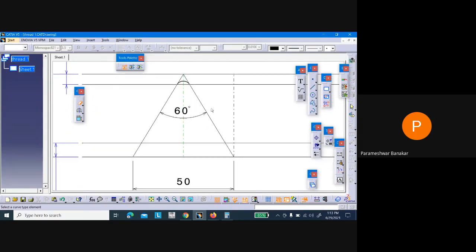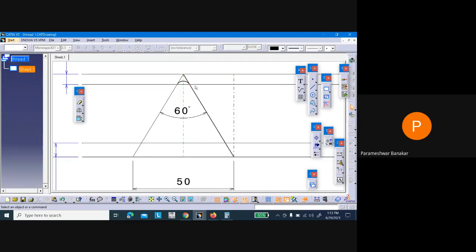Now you darken the lines of this thread by using thick lines. Select this line. Sorry, I'm still using the... select this line. Make it darker. No, it's taking everything.